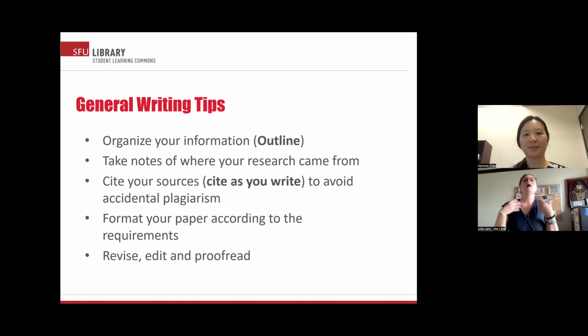a process. So a reverse outline is when you give yourself the sort of permission to write a really messy first draft. But then once you have that draft, you break it back down into an outline so that you can start to look at structure and organization, because really what an outline is about is helping you get structure and organization to your thoughts. So lots of different ways to do that. And again, this is something that we can provide more information and support around as you're actually getting into doing